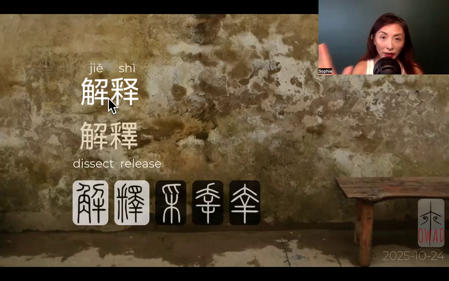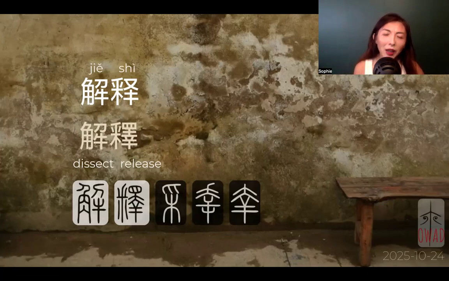On the top, the white color is simplified, and then the kind of beige color is the traditional. And you can see the difference here resides in here. And that's the most complicated part that I'm going to try to explain. And you can see I pasted extra things as supplement knowledge, because this is not something that I quite